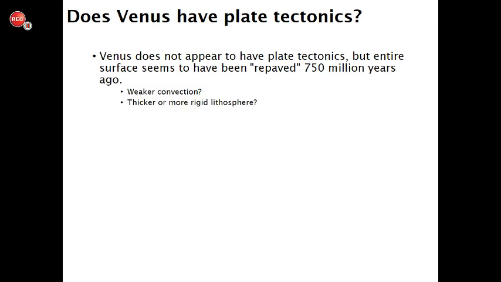And basically, we don't see evidence of any surface that's older than about 750 million years. It's basically been repaved in some way. And so something has happened, but we're not sure what's going on. We're not sure if it's weak convection because there's less energy for some reason, or if the material is more viscous, it's thicker, or somehow more rigid. We're not certain of what the deal is, at least at the time that these slides are made. I certainly sent you some articles about ideas on that, but